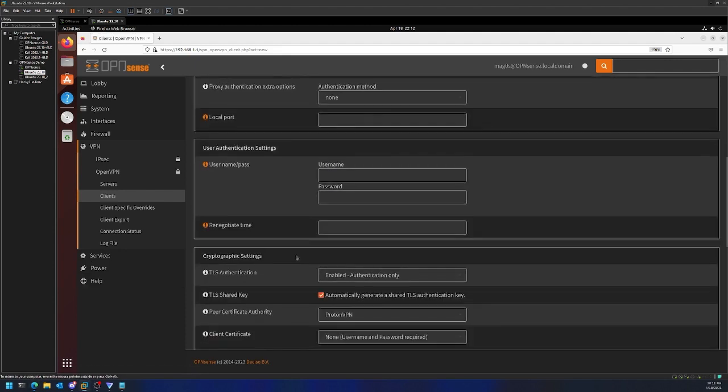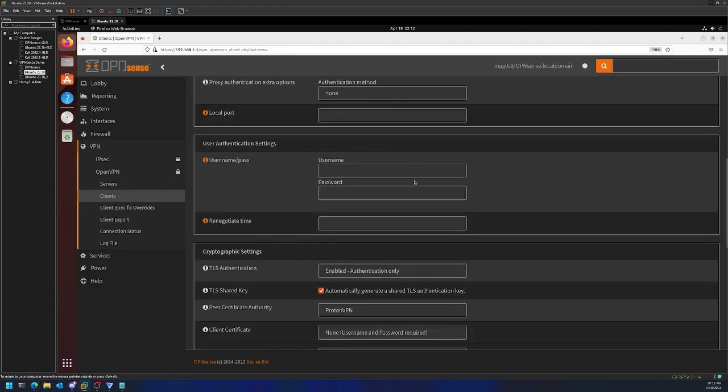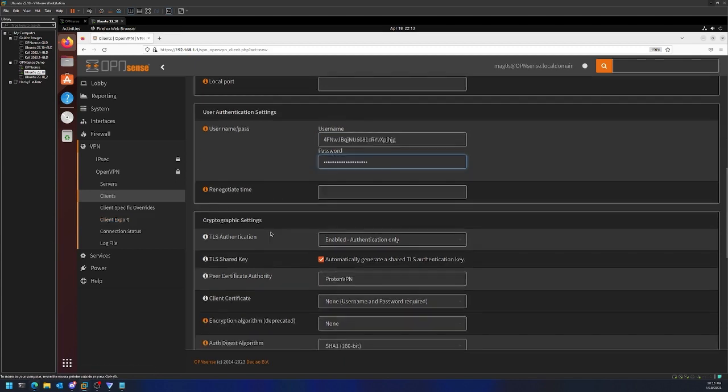Scrolling down. Okay, this part I'm not going to show on screen, but it requires you to enter a username and password. So I have my information. You can see my username that I use is obscene. And my password, which you won't be able to see, is even more obscene than that. Scrolling down,